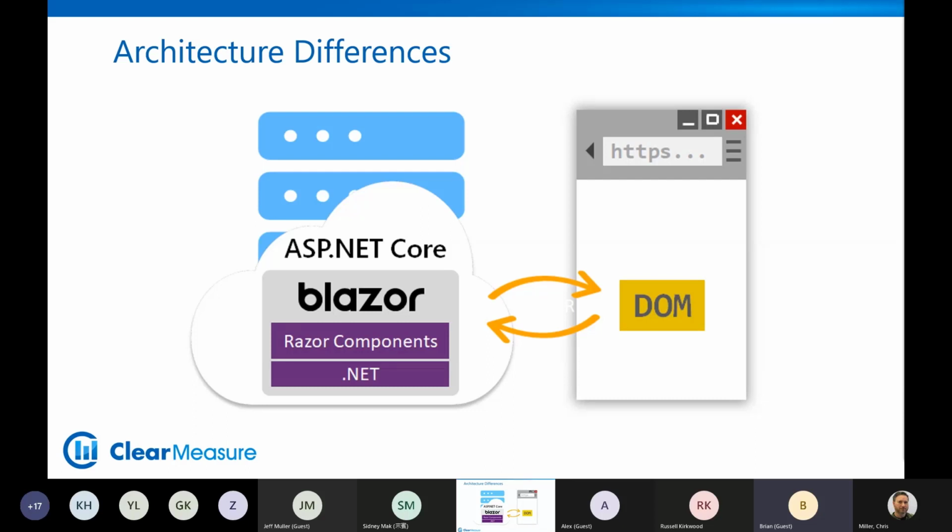Now, because of the order of release from Microsoft, Blazor server-side came around first, and then Blazor WebAssembly came second. However, that's backwards from how it was actually designed. Blazor was actually designed with WebAssembly first and then server-side second. But because server-side depended on some other bits of infrastructure like SignalR, it just fell into place really nicely and was able to be released first, but it was actually designed second. So the first-class citizen of Blazor is WebAssembly, and Blazor server-side was the next way of running Blazor that the team realized, hey, you know what? I bet you we can get it running on the server also.